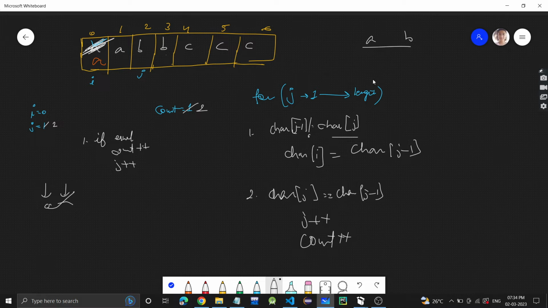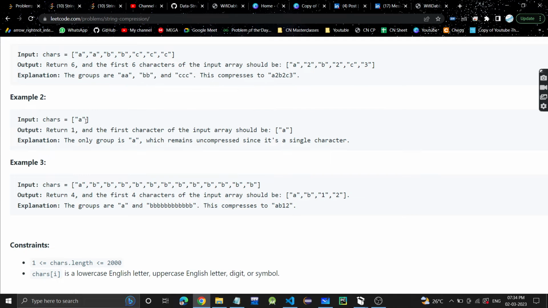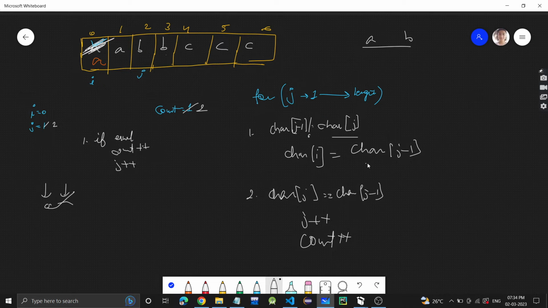And if the character count is more than 1, right, then only we will append the count. See here, it was 2, which is more than 1. If the character count is 1, then we will not append the count, we will only append the letter. So we will have a condition here that if the count is greater than or equal to 2, in that case only, once we have stored here, we will do I plus plus. So I will now come here, so the new I will come here.